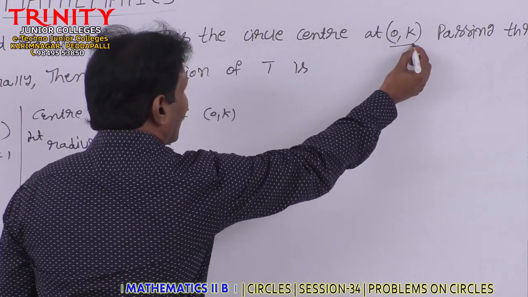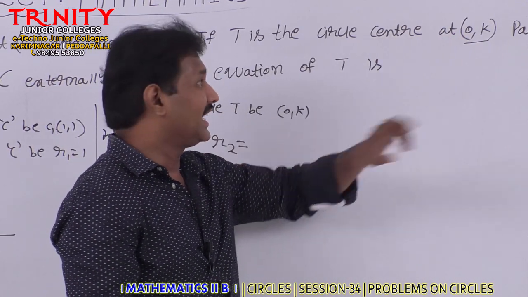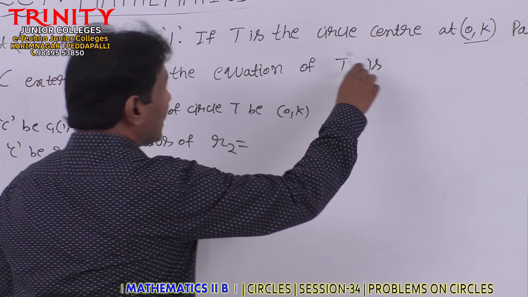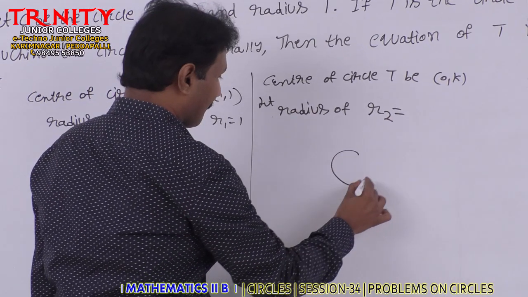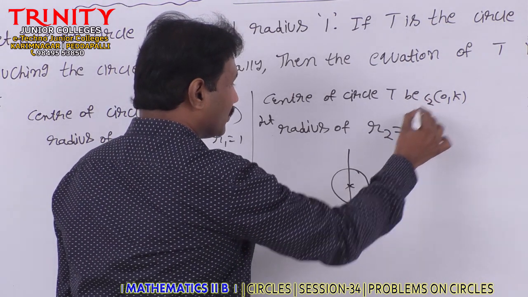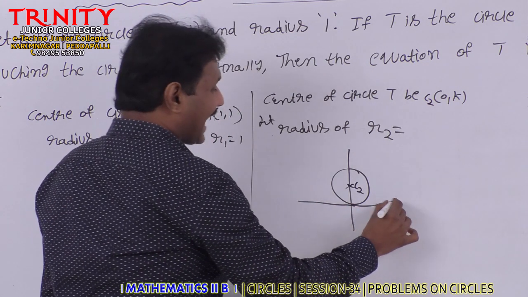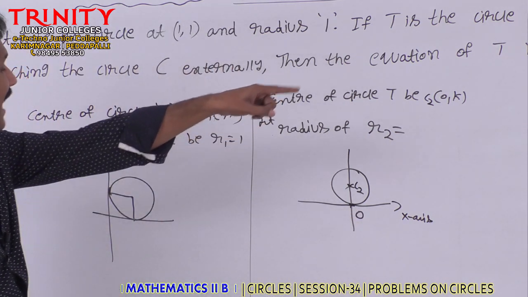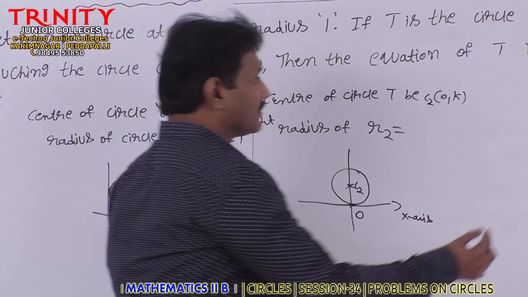By observation, the x coordinate is 0, so the point lies on the y-axis. Therefore, the center of the required circle lies on the y-axis and passes through the origin. This center is named C2. That means the x-axis is also one of the tangents, since it passes through the origin. He also gave another piece of information: these two circles touch each other externally. Therefore, the diagram becomes,